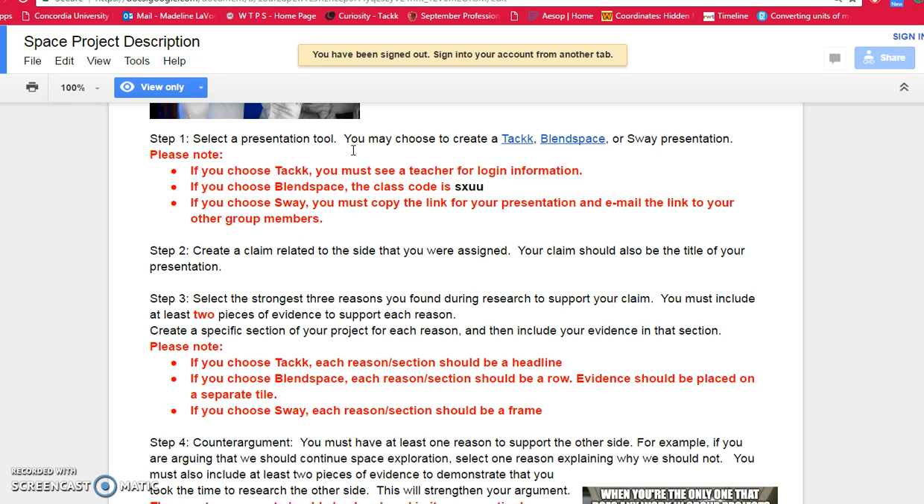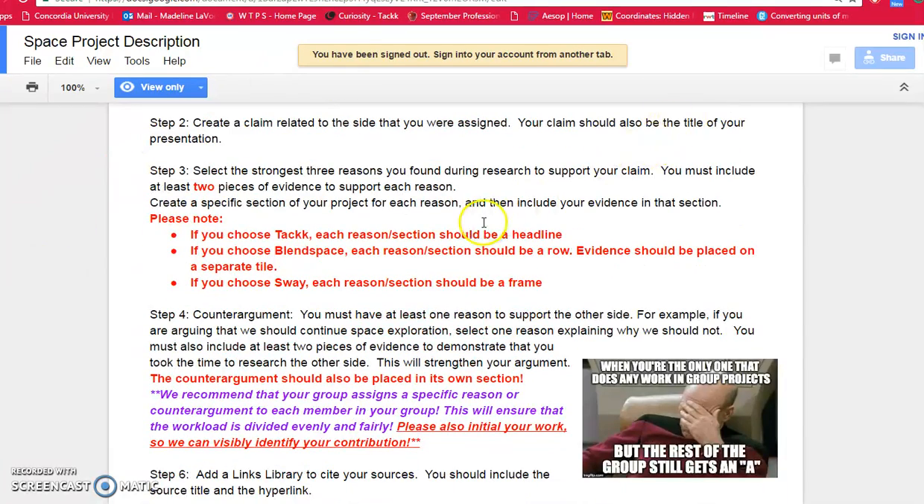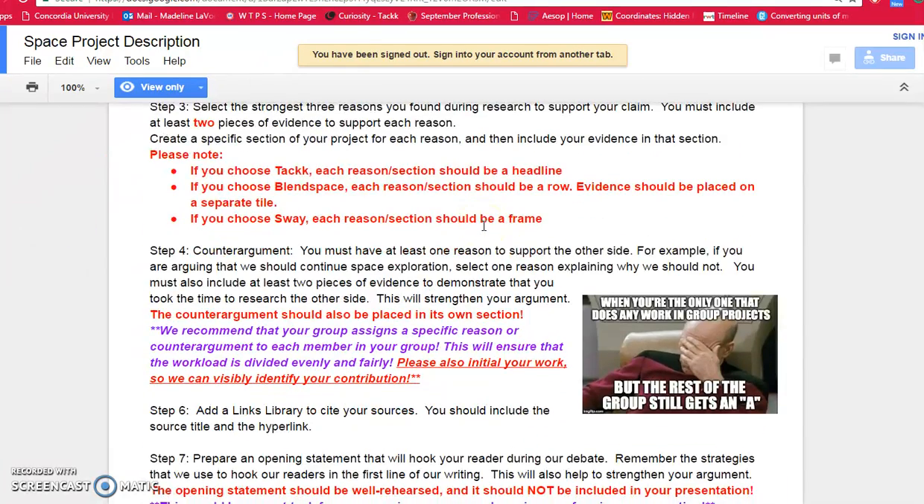You'll also need a counter argument. So that will be a reason from the other side. That's why we asked you to look into both sides while you were researching. So hopefully you're ready to go. Hopefully you have all the information you need. Now we just need to put it into a presentation. The counter argument should be in its own section, and I'll show you what that'll look like in just a